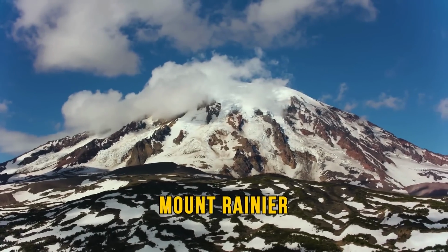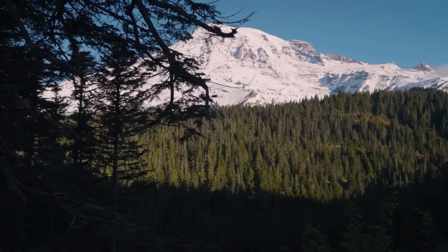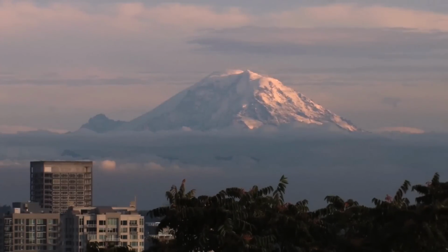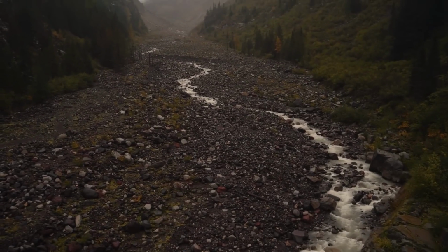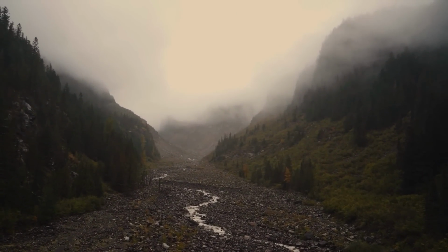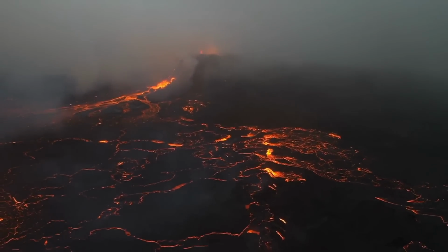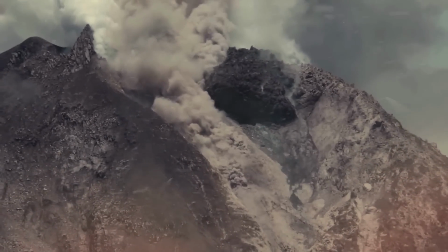Mount Rainier is one of the most dangerous volcanoes in the USA. Its high elevation, chemical composition, and proximity to Washington's Seattle and Tacoma suburbs, and the volcano's ability to produce massive pyroclastic flows make Mount Rainier a threat to consider. The heat from this volcano could potentially melt the ice and snow covering it, leading to rapid downstream flows of